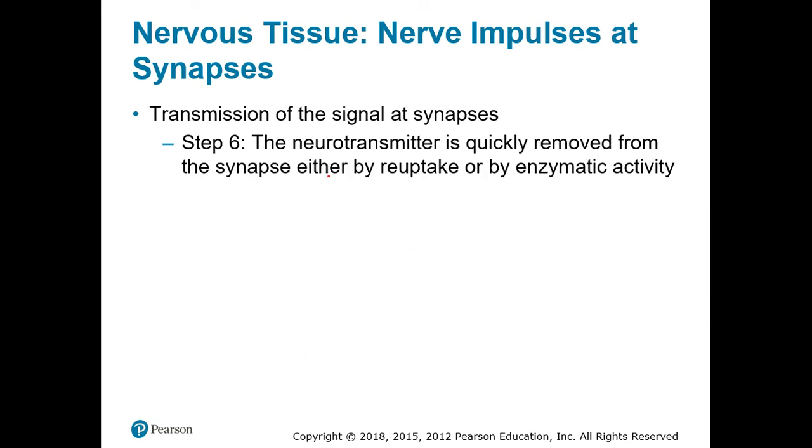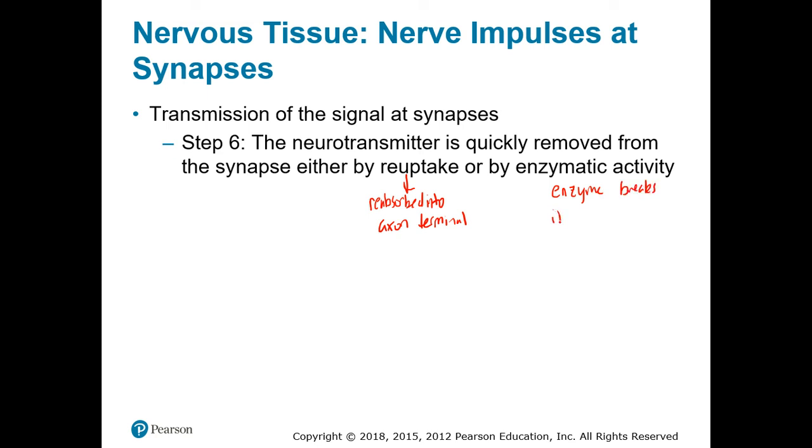Now, we don't want to keep sending indefinite signals, so that neurotransmitter is going to be quickly removed from the synapse either by reuptake or enzymatic activity. What I mean by reuptake is it is just taken in by the axon that releases it. So it's reabsorbed into the axon terminal that released it, or by enzymatic activity, or in other words, an enzyme